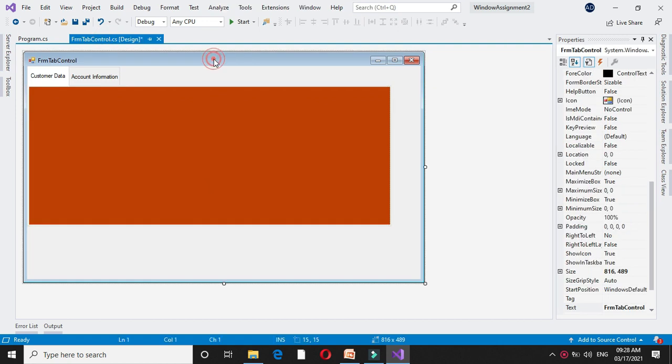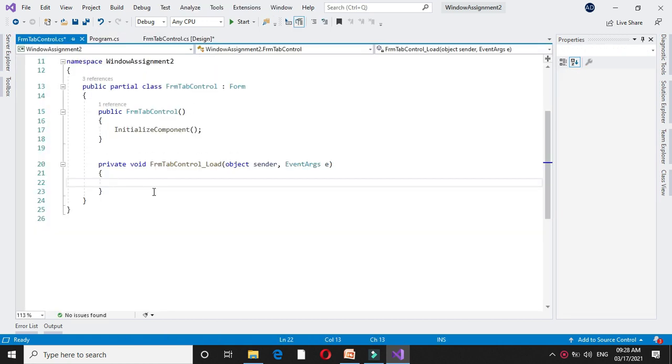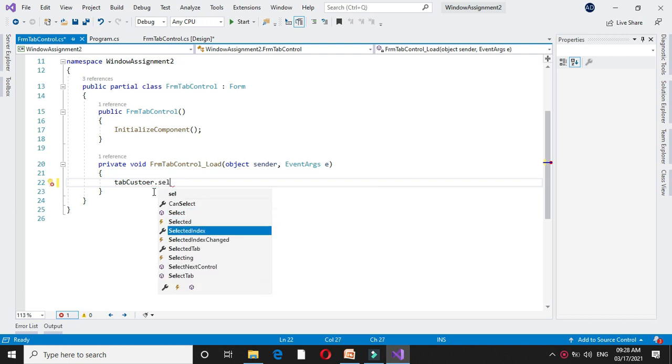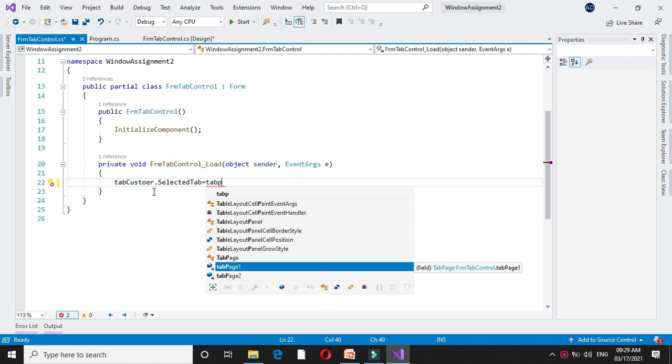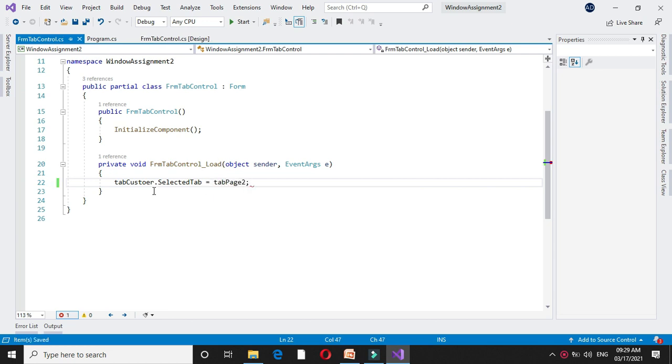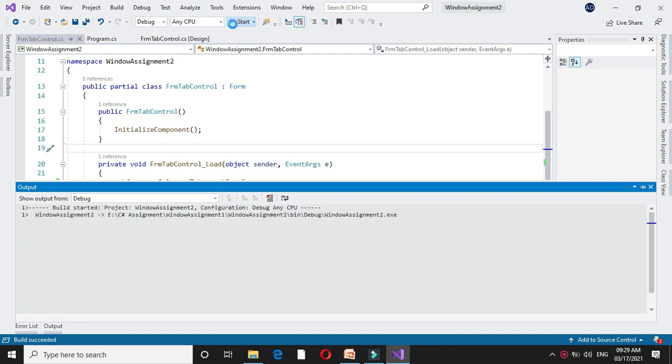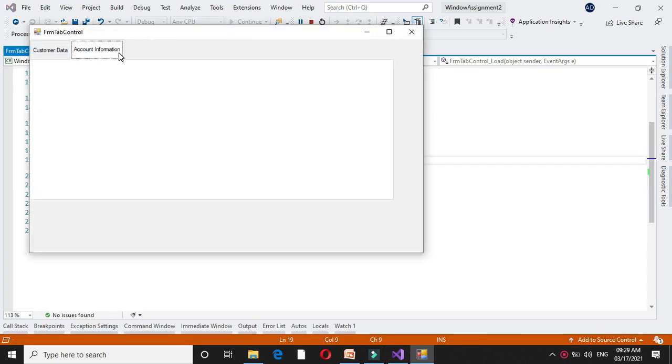On the form load event, we will write the tab control name dot selected tab equal to tab page 2, and if we execute it, it will set tab page 2 as our default page.